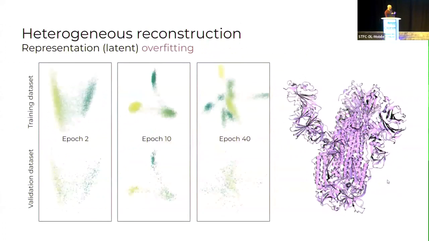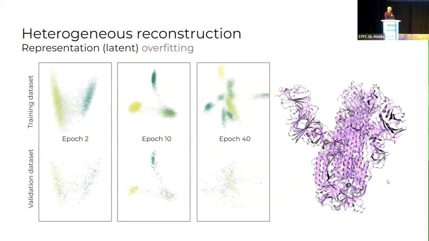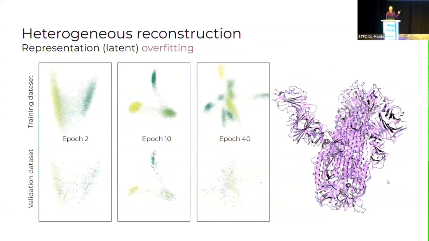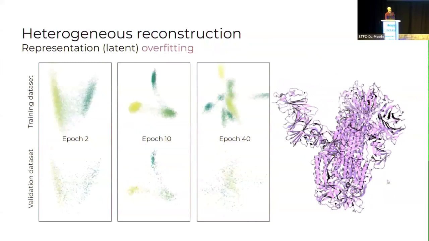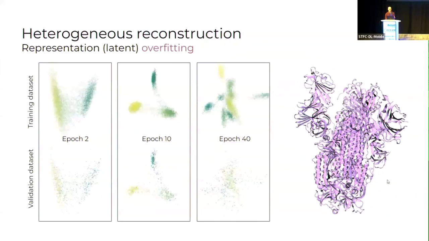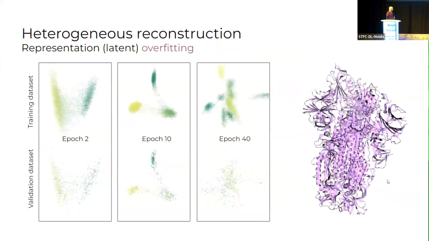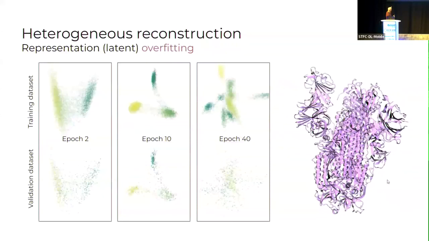So I would like to round this up by mentioning that this is a simulated data set that we generated using a molecular dynamics trajectory. It's about 10 states that we extracted, and then we generated projection images and added noise and so on. And running this method on it, we see that after about 2 epochs of training, so we have a